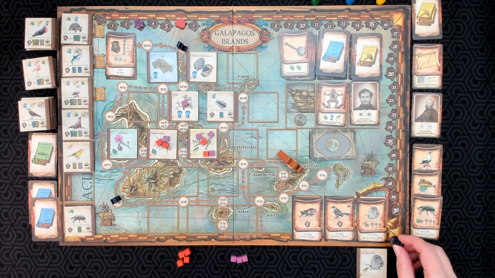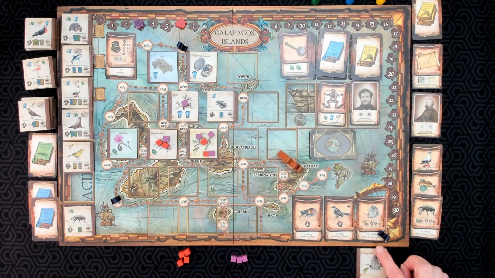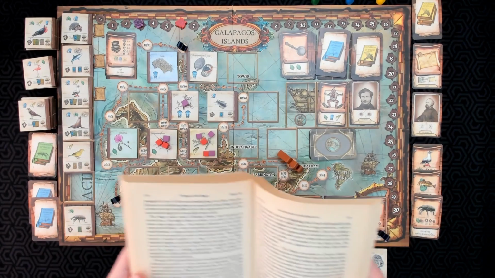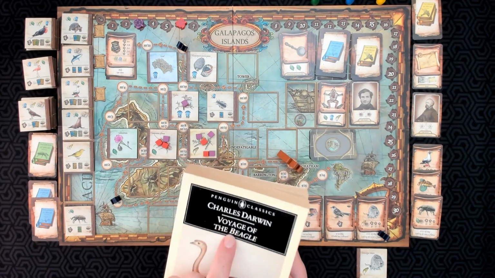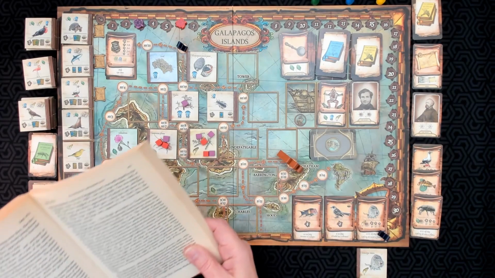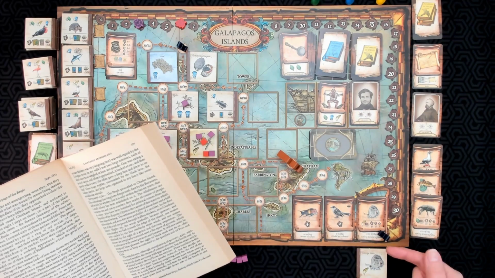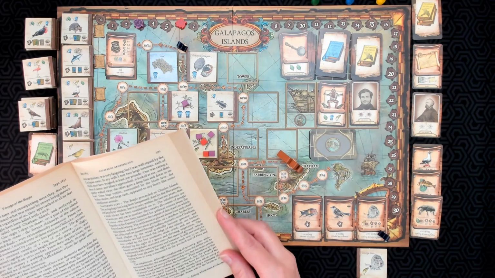So, September 20th to 21st, 1835. Exploring the north of Chatham. I just want to read, this is what you get on this channel, right? A little bit of biology. I just want to read 1 paragraph out of The Voyage of the Beagle. So he's exploring the north of Chatham, and it says,